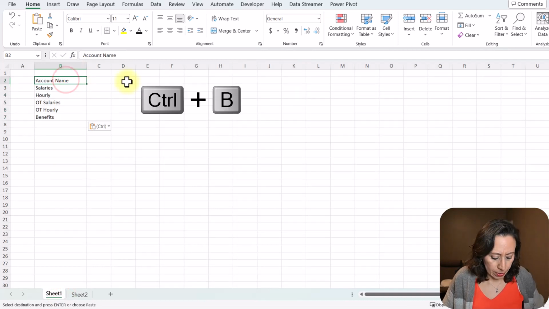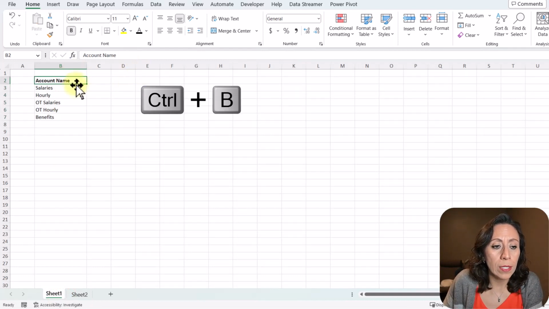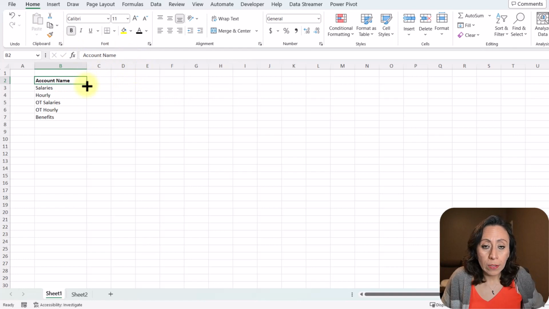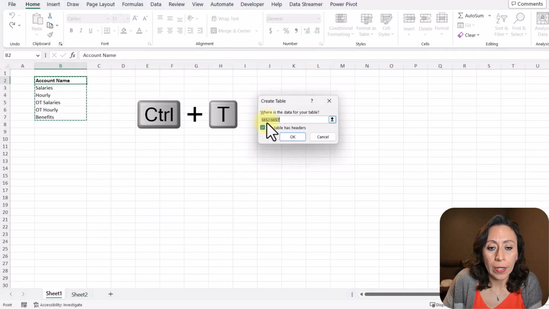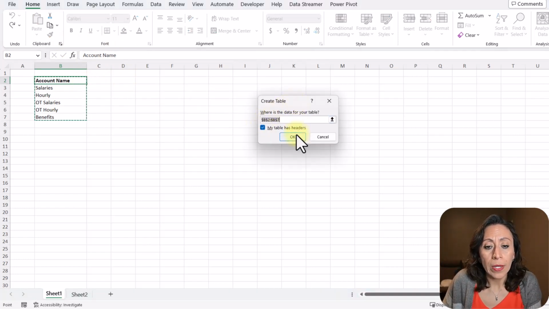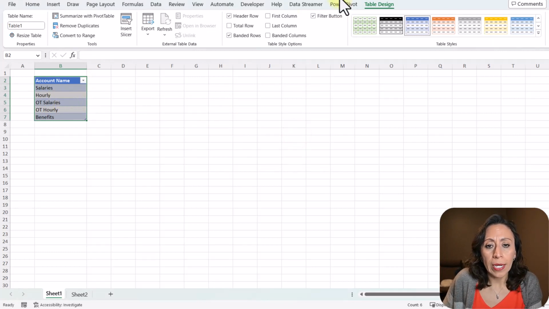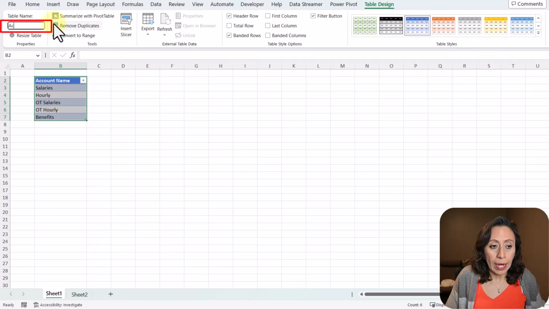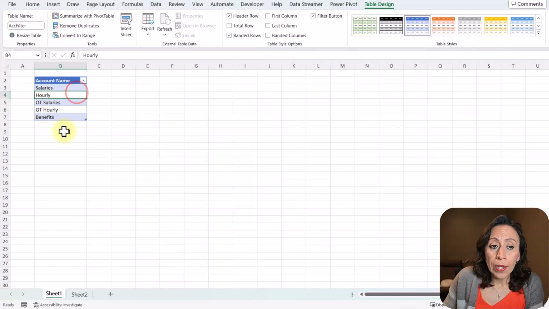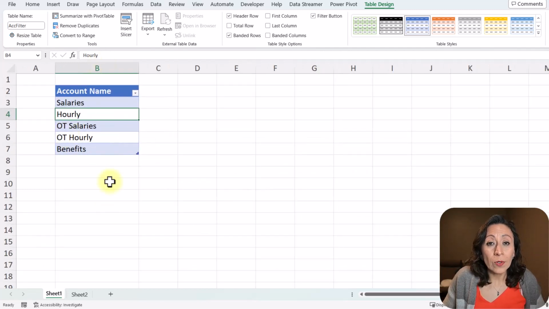Excellent. I'm going to put this in bold, account name. And this one, I'm going to say Control T to convert into a table. I'm going to say okay. Now that I have my table, I'm going to say table design, and this is going to be account filter. I'm going to press enter.